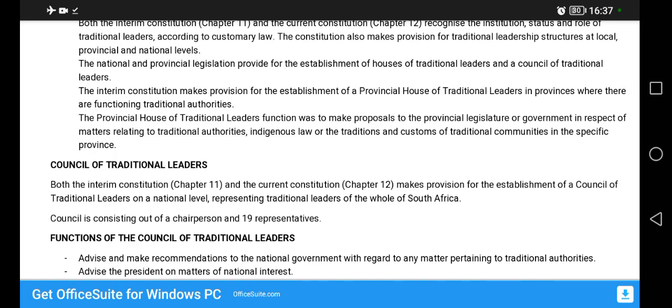So, what I said to you at first before I read there was, what are the traditional leaders? The traditional leaders are the people who are representing what? The different types of people that we have. Remember, when I started teaching, I said to you, we have what we call a community. We have what we call a nation. We have what we call a family. Okay? And you did say that we come from different backgrounds, we come from different families,